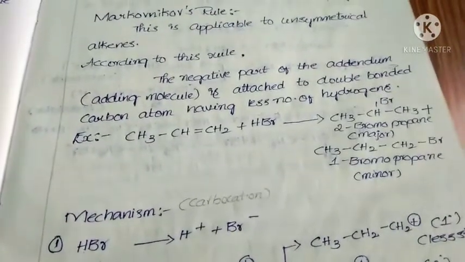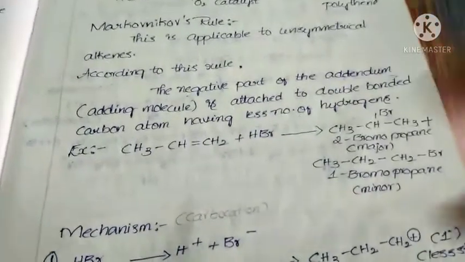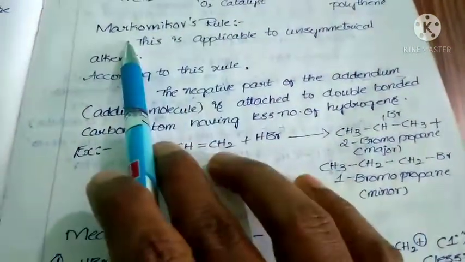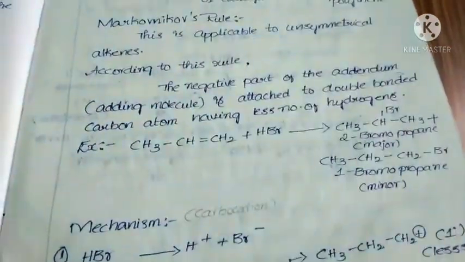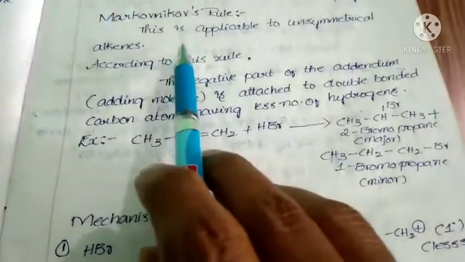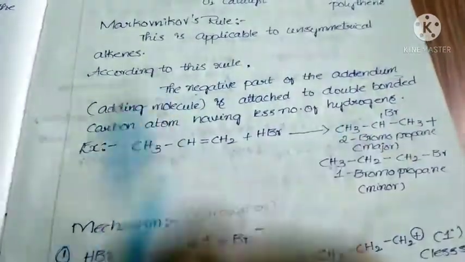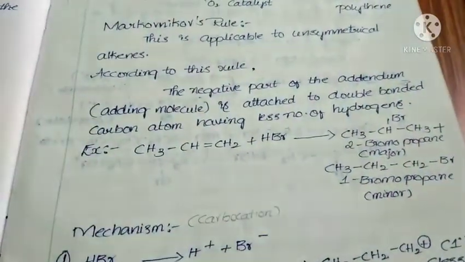Next, one more important topic in the alkenes chapter is Markovnikov's rule. What is the purpose of this rule? This is applicable to unsymmetrical alkenes. What are unsymmetrical alkenes? See,